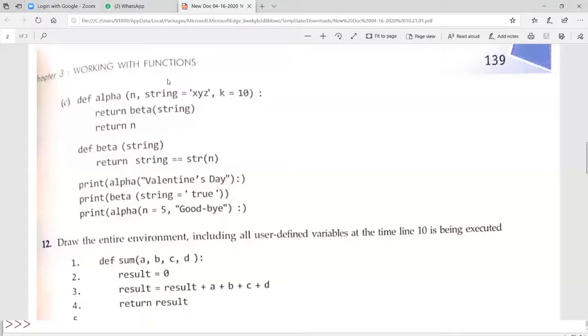So what are the errors we have in this? Not finding any errors.